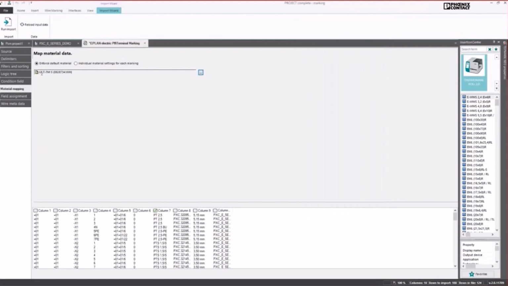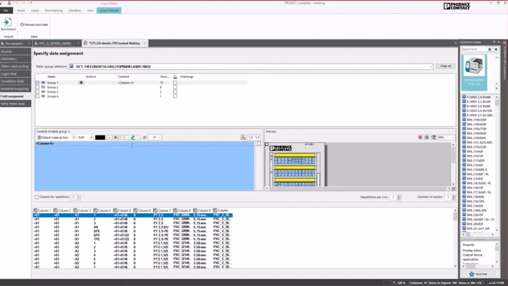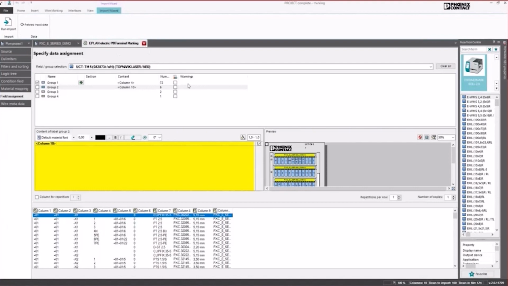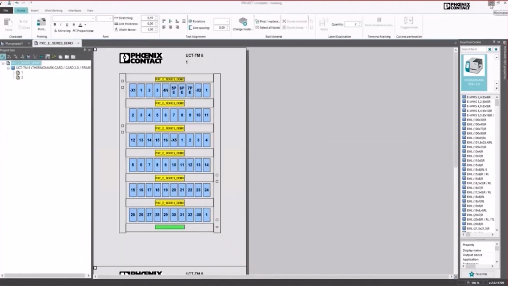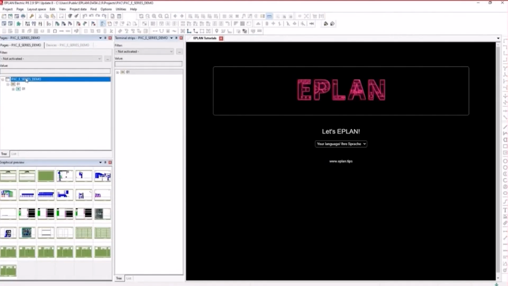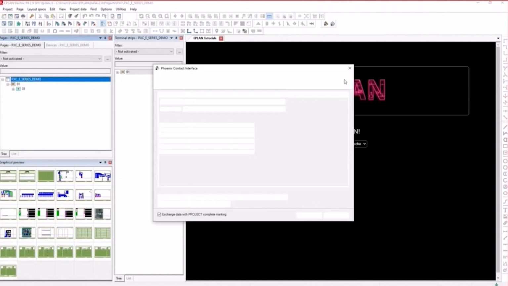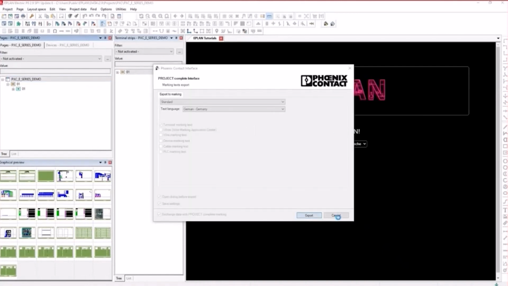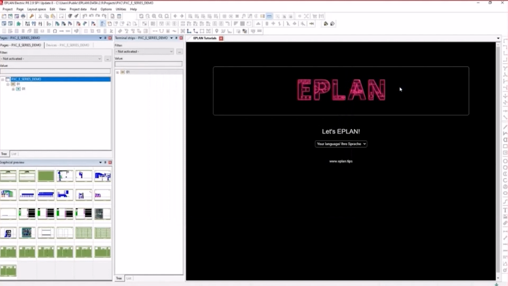So now you can see I imported on this material. I check the field assignment. Right now, project name has to be adjusted anew so that I also have the project name on it, and the condition field is activated. Okay, I can save the import configuration here. Now I close this. So now when I go back to EPLAN and start the new export, terminal marking text and export, then you will see automatically